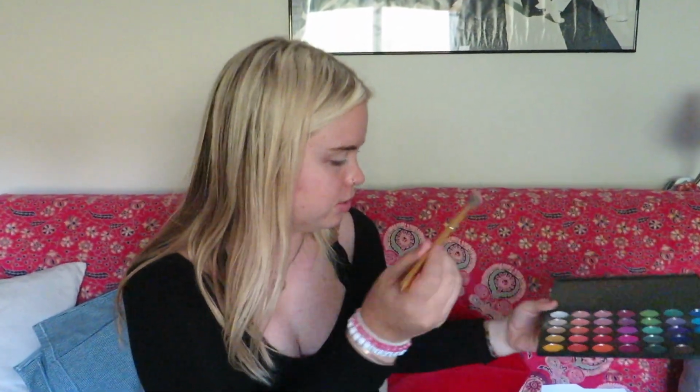I'm gonna go ahead and set my eyelid with this tan color in the Morphe palette just because it's what you're supposed to do. I don't really know. I should set one eye and then not set the other one. Mandy, now's not the time. And then let's get...